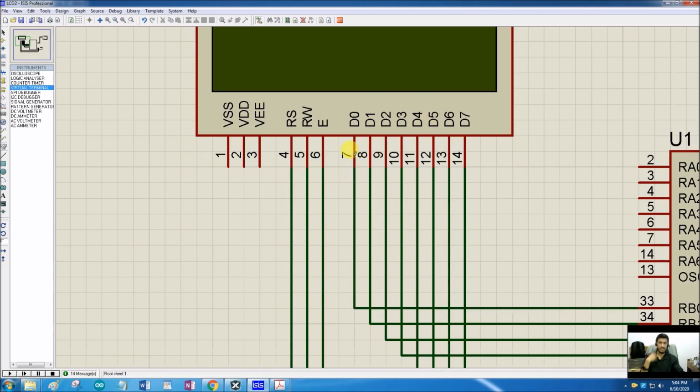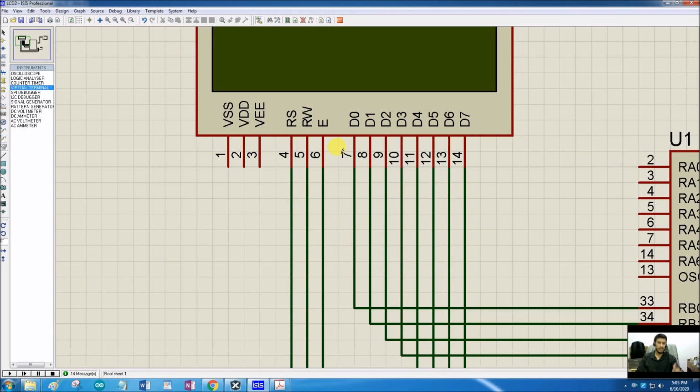So if we put some value on these pins and we enable the command register, this data will be transferred to the command register and that command will be executed for the configuration of this LCD. And if we put some information on these 8 pins and select the data register, that information will be considered as the data, and that data will be displayed on this LCD.